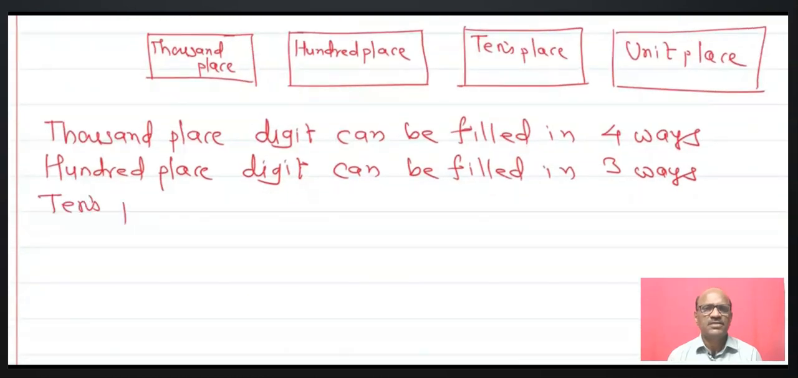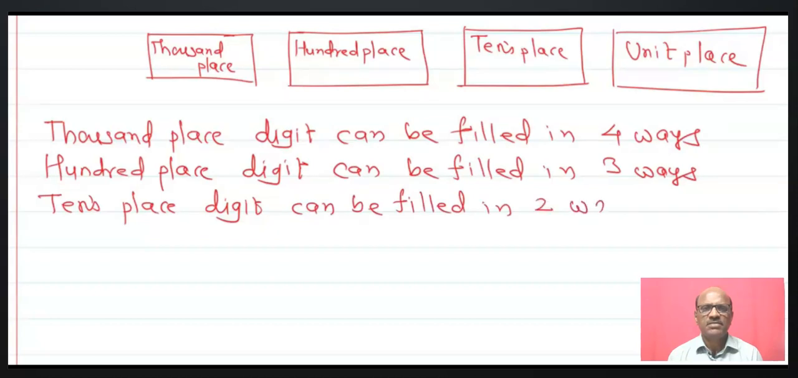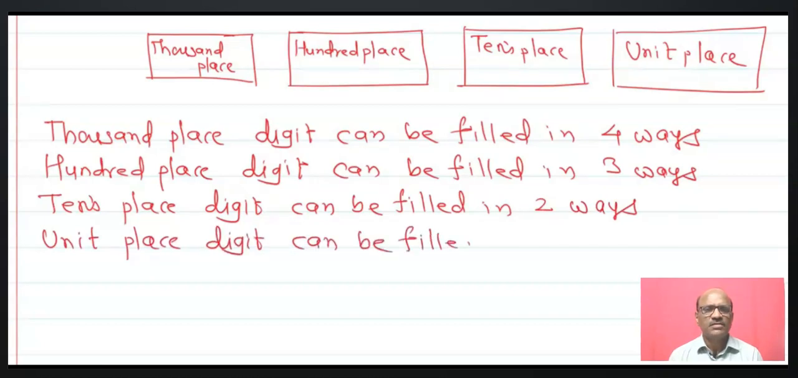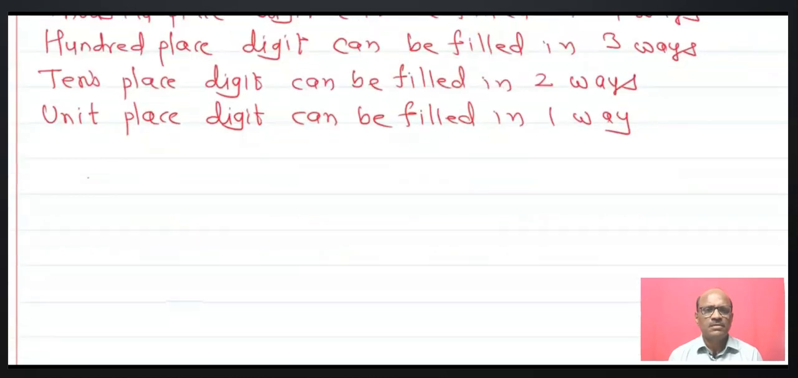100 place digit, 3 ways; 10 place digit, 2 ways; and the unit place digit is 1 way. It's very simple. Therefore, by principle of the multiplication,